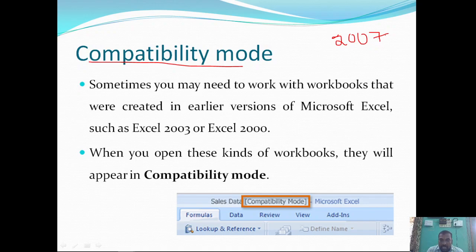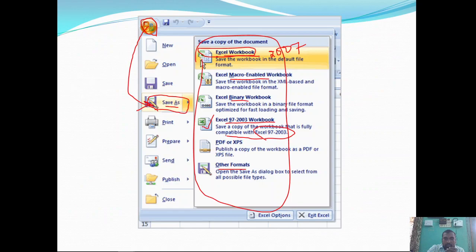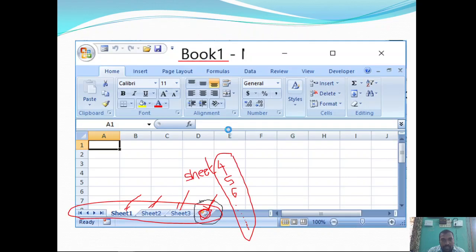So in this case, if you are saving the document in the 2007 version of Microsoft Excel by choosing the Excel 97 to 2003 workbook option, then the document, even though it is saved in the 2007 version of Microsoft Excel, is opened in the 97, 2000 and 2003 versions of Microsoft Excel, even though those computers have older configurations, older hardware or outdated hardware. Okay, so